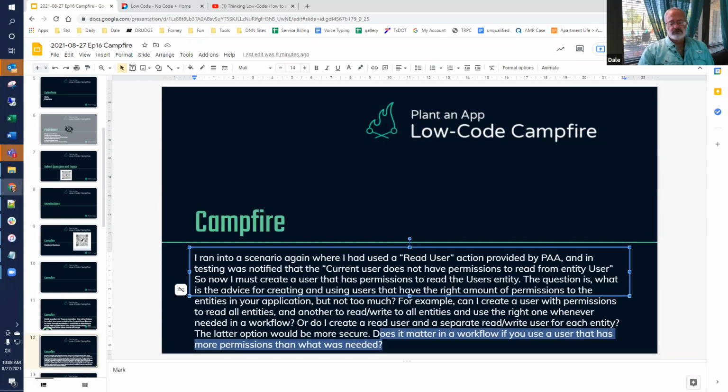So the person who has the right to write the code has the right to elevate practically to any level. And for me, from a practical standpoint, I just designate a user and use that one over and over again.